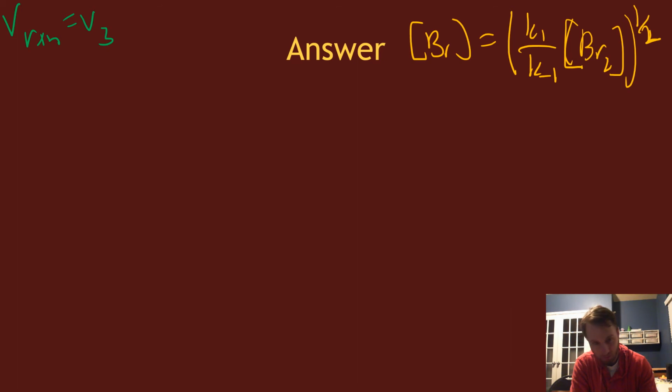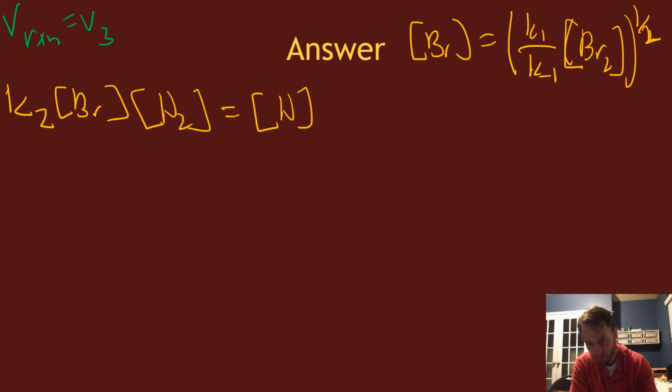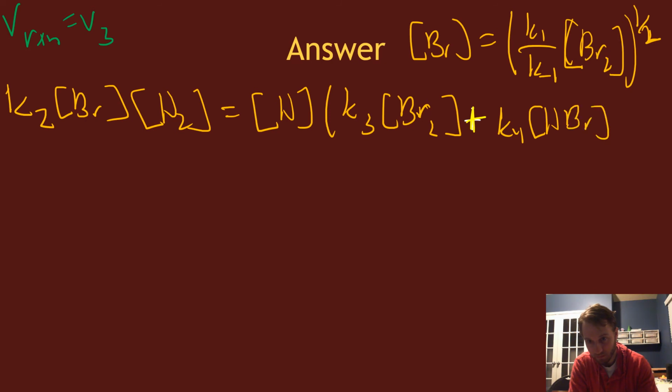And then the last equation we're at was that k2[Br][H2] equals [H] times the quantity k3[Br2] plus k4[HBr]. And so solving for that, we get [H]